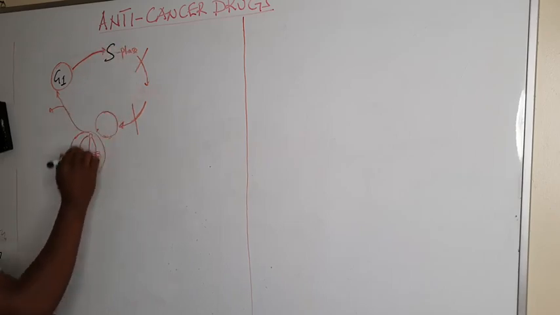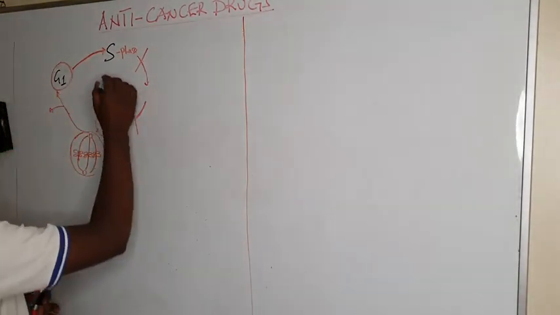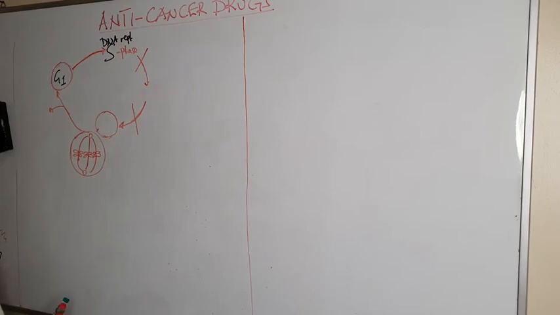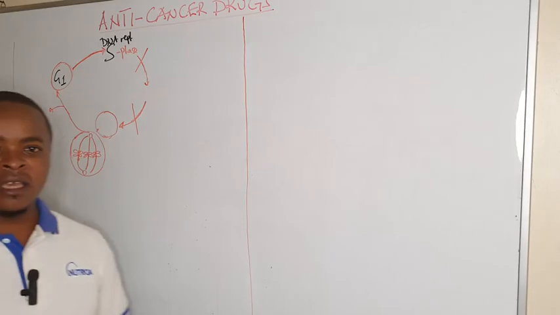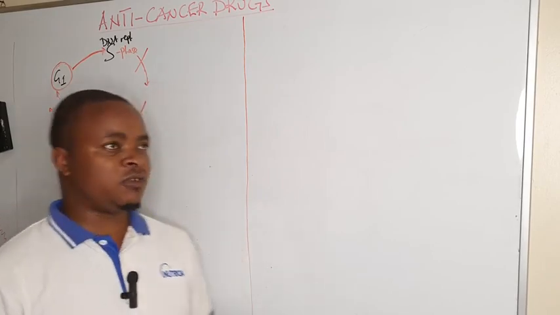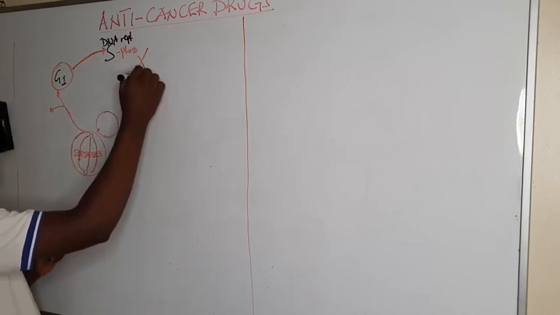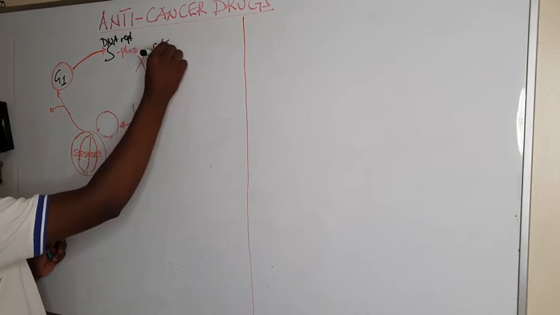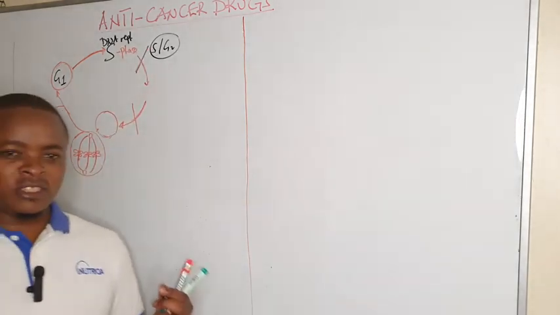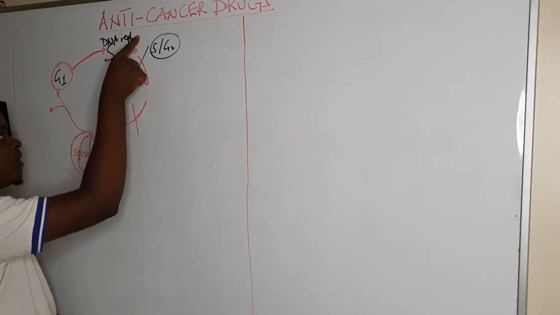S phase is known as the synthetic phase, where at this phase we see majorly DNA replication, whereby the DNA is dividing to make more copies. That is during S phase. And as cells are leaving S phase, there is a checkpoint known as the S/G2 checkpoint. At this checkpoint, the genes known as cyclins check if there is any damage or any mispairing